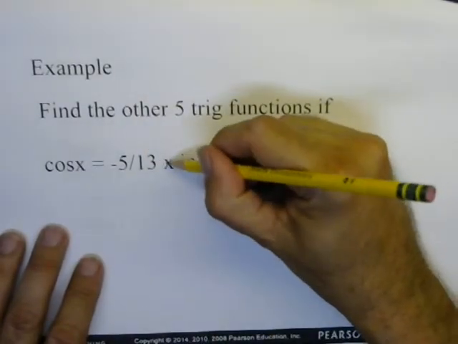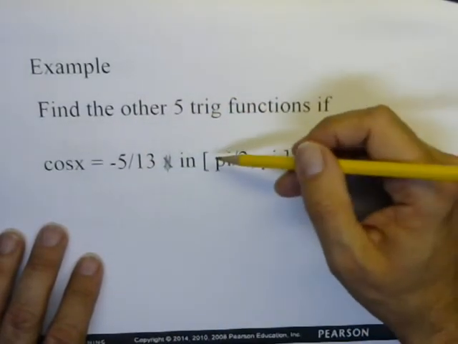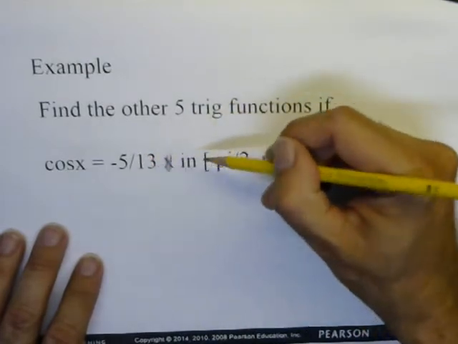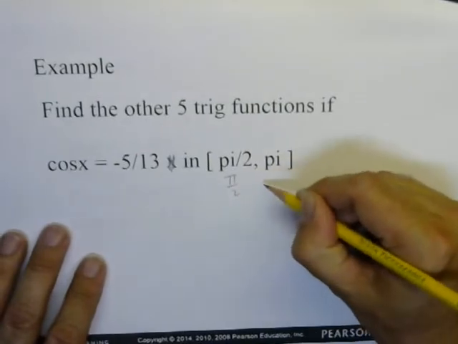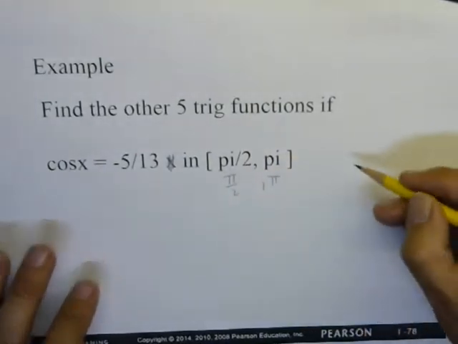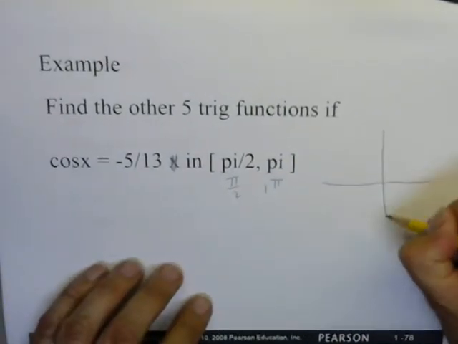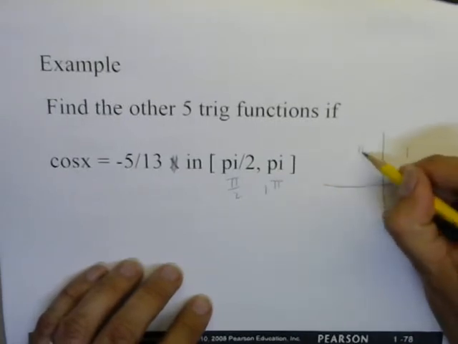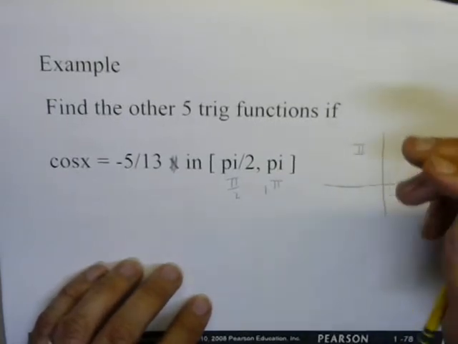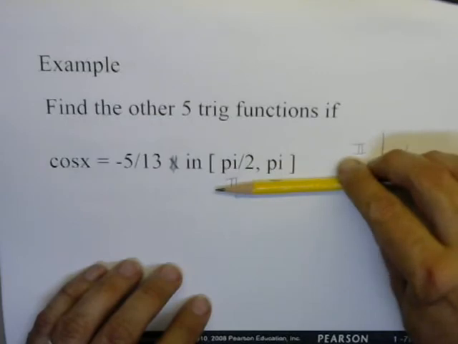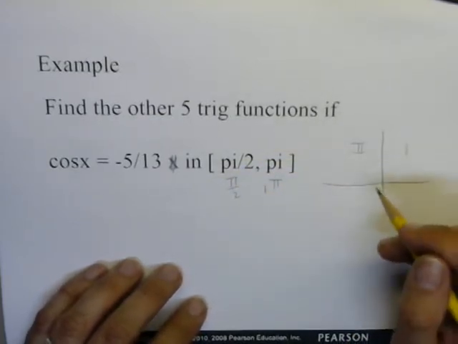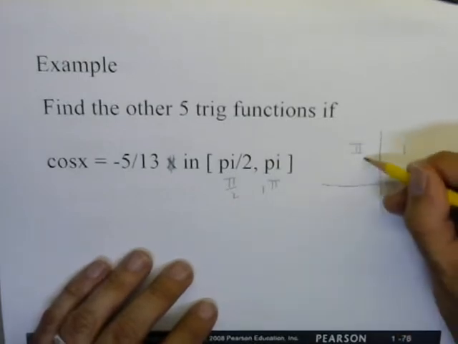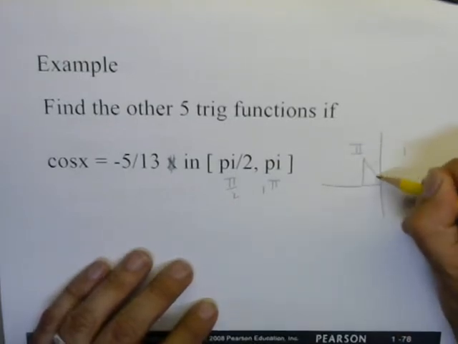And the angle here, x, is in between pi halves and pi, right? So what quadrant would that put it in? Well, that would put it in the second quadrant, somewhere over here, right? Because here's pi halves, pi would be 180 degrees. So it's over here. And so if you draw your triangle here,